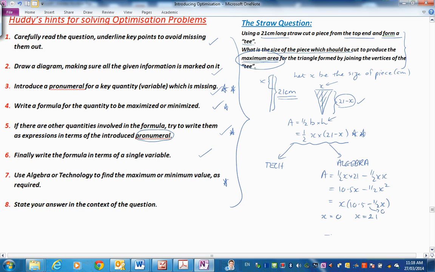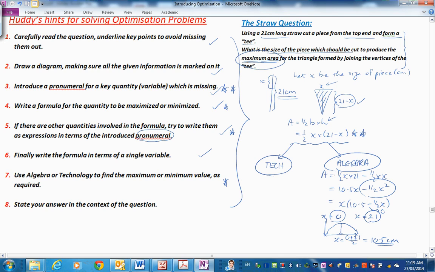So here what we know is the function is going to be 0 there and 0 there, and because it's negative x squared, it's going to go something like this. So what's the vertex value? Ooh, the vertex value is halfway between the zeros, isn't it? Symmetry. So x equals 0 plus 21 on 2, the mean, halfway between two numbers, is their mean, and that's 10.5 centimetres. So we could actually do this problem with our knowledge of quadratics, and that's optimisation at this level,